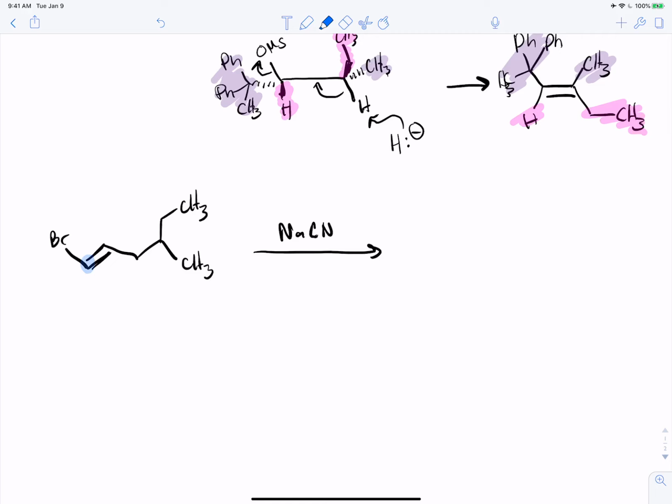It's primary, but what really stands out to me is that this is sp2. So sp2 hybridized carbons rarely undergo, and as far as we're concerned, let's just say rarely,